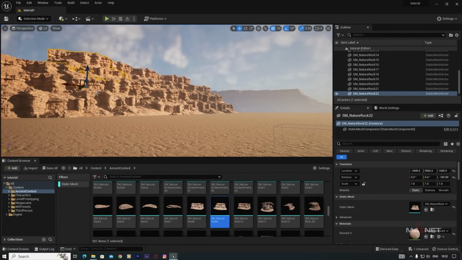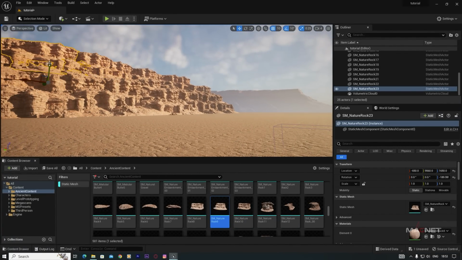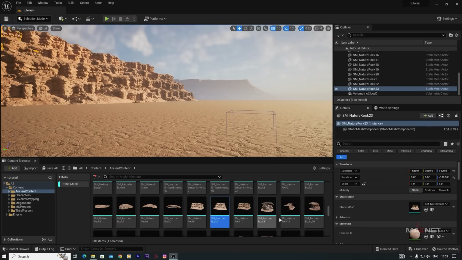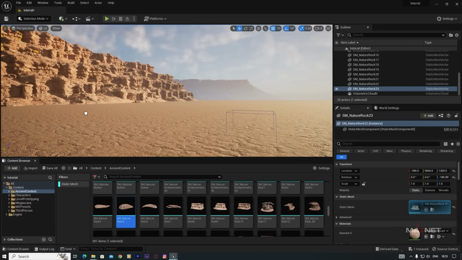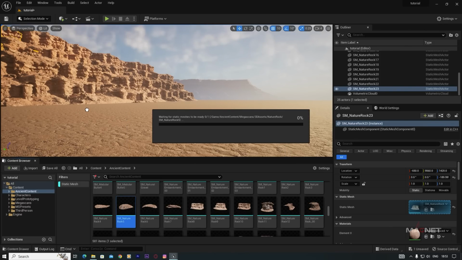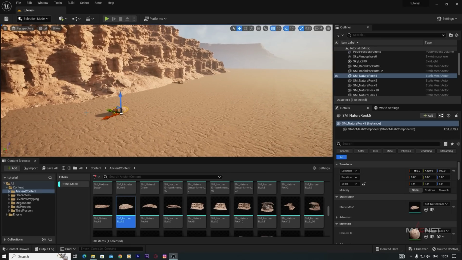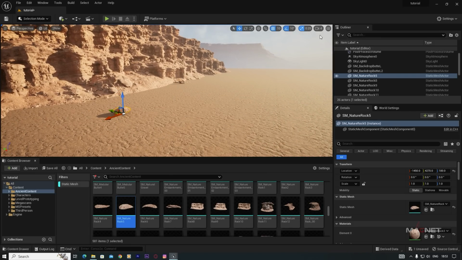Okay, just like this. And you can also put other assets, so more assets will look nicer. And then maybe we can also put some other assets on the ground, to make it nicer. So maybe we select this one, that is this SM Nature Rock 5, and we put this over here. And then we go here, and if you want to speed up the camera movement, just go over here and increase